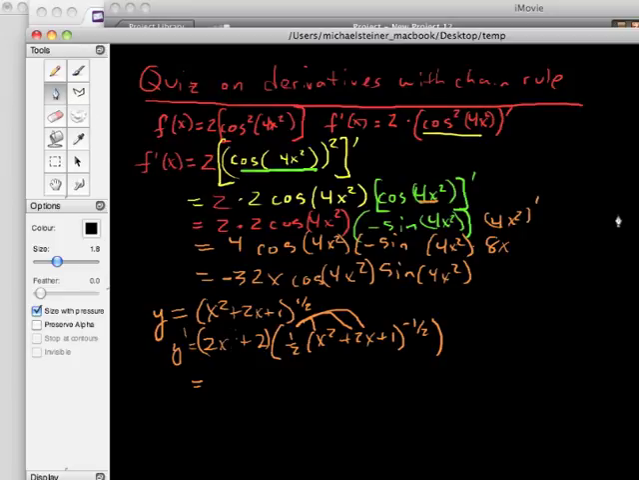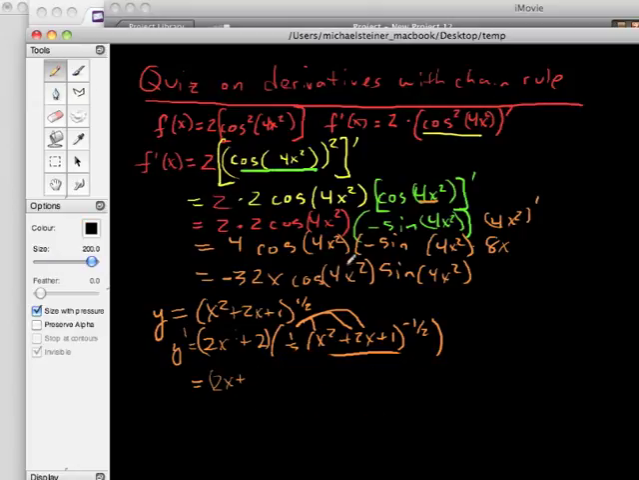So a lot of you took this, distributed this 1/2 over these terms, but this thing right here is being raised to the negative 1/2. You've no right to distribute that into there. 1/2 x squared plus x plus 1 raised to the negative 1/2. That's crazy. Okay,